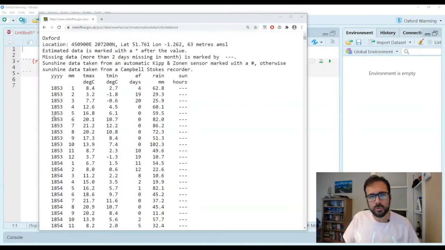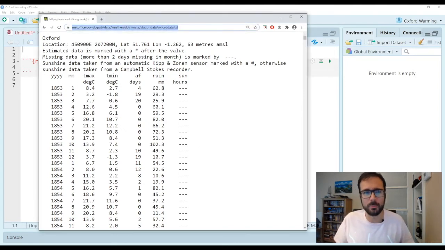Okay, so if you're watching this, you probably have watched my previous video, and I promised to explain how exactly I tidied up the data from the Met Office into a nice clean format. Because if you tried yourself and went onto the website, hopefully you'd been able to navigate your way to some data which looks like this. So this is the raw output which is stored on their website.